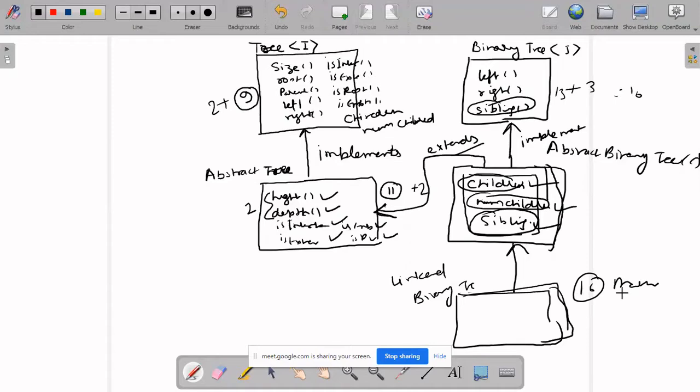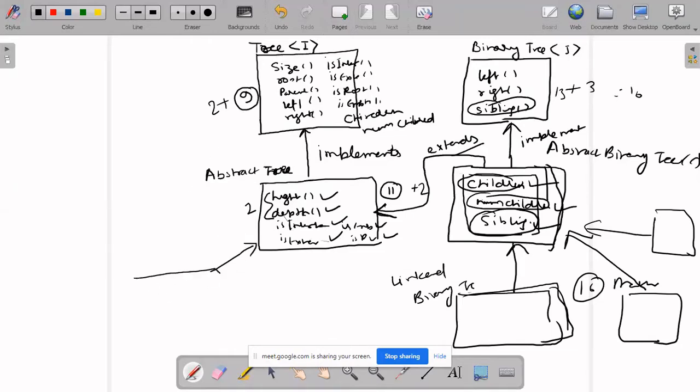Suppose I want to implement the binary search tree, I will just implement here. If I want to implement heap, I'll just implement here. By default it is coming from here. Now if I want to implement a general tree, I'll implement from here, so it will become a general tree.